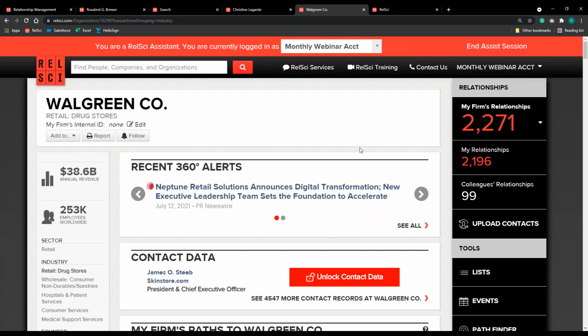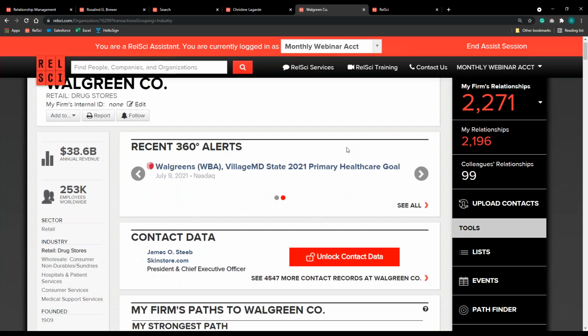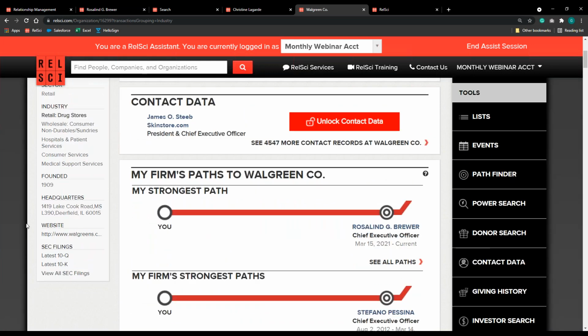We also create these profiles based on publicly verifiable data from company websites, which we will have linked if relevant on the profile down here. Any government filings, so we can see some examples of those as well, and we could just click into any one of these to be brought directly to that specific filing. And we do also source data from our third-party data vendors as well. So a few you may be familiar with: LexisNexis, FactSet,